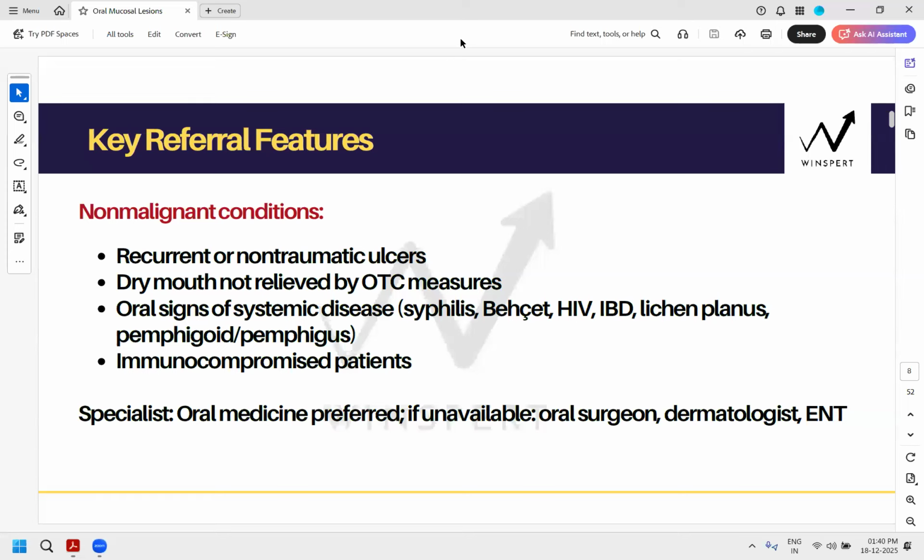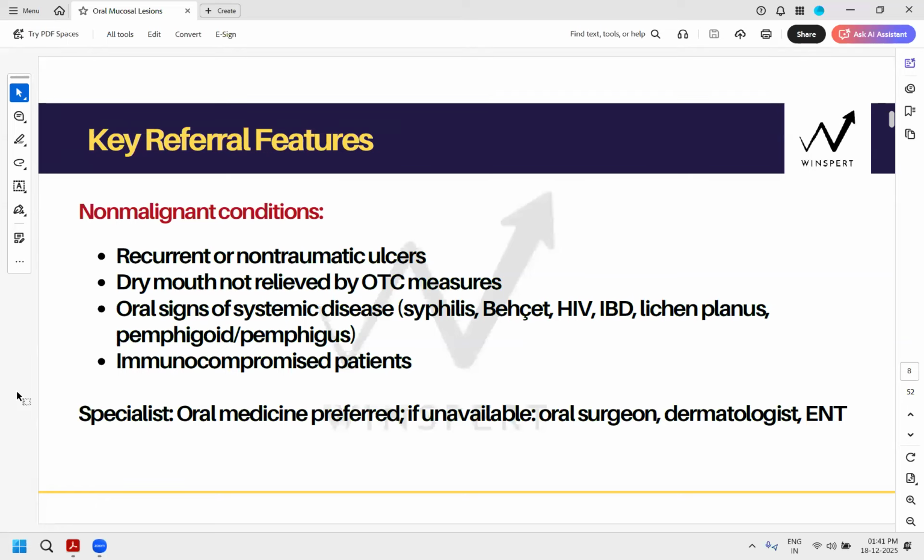HIV gives you your chronic oropharyngeal candidiasis, where the candidiasis spreads into the pharynx, oral hairy leukoplakia, and then your lichen planus, inflammatory bowel disease, pemphigus, immune compromised patients, right? They all require and warrant your specialist referral. So recurrent aphthous ulcer, Tanveer, initially can be treated by general dentistry, the mild form. But if it's your major form, and it is recurring again and again, and your initial management is not working, would require specialist referral.